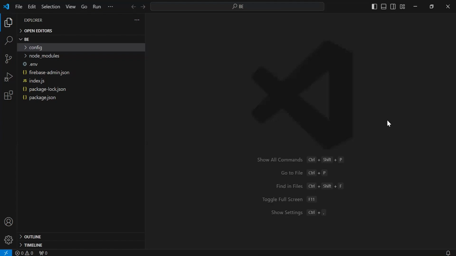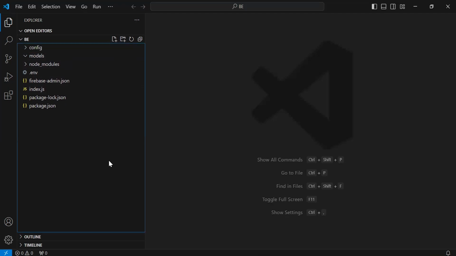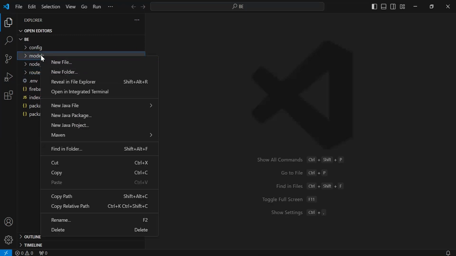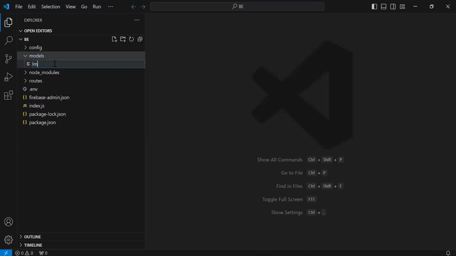Today in this video, I'm going to create the image model and the image route in our Node.js application. So let's get started. I'm going to create a new folder with the name models. After that, I'm going to create a folder for the image route. So let me create here the folder with the name routes. Inside the models package, I'm going to create a new file with the name image